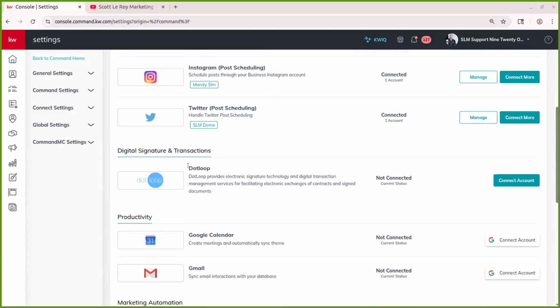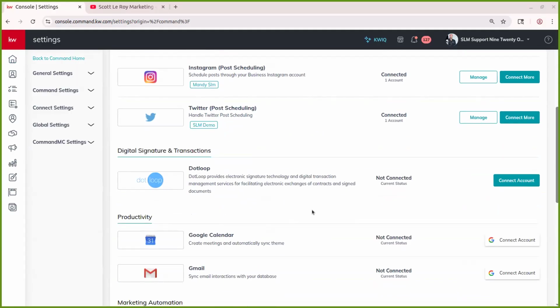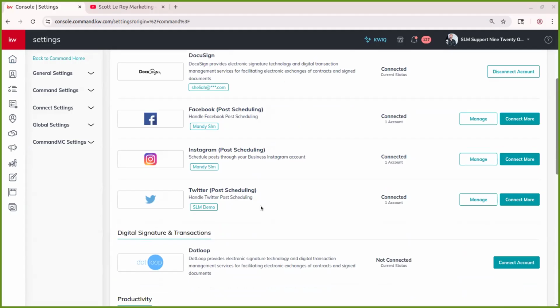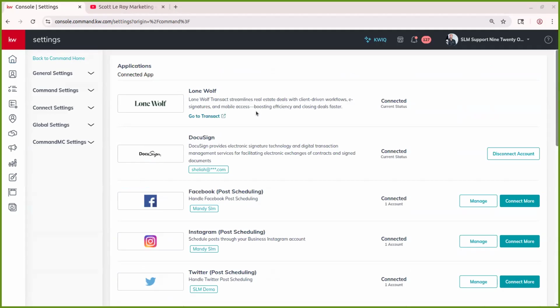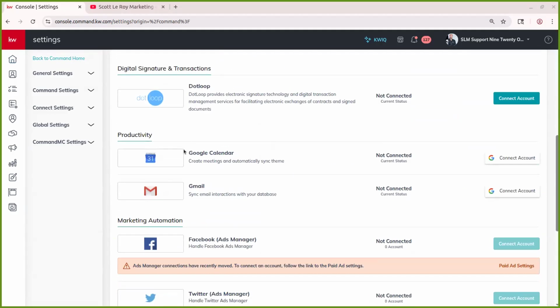As you scroll down, you'll see digital signatures and transactions. If you're not connected to Lone Wolf or DocuSign, they would appear down here. You would just click Connect Account, sign in with your information. DocuSign, you would have to create that account through command if it hasn't already been created through command for it to be compatible. But that'll be transitioning over to Lone Wolf soon. So you should have access to Lone Wolf as well. But scrolling down, you'll also have options to connect the productivity apps, so your Google Calendar and